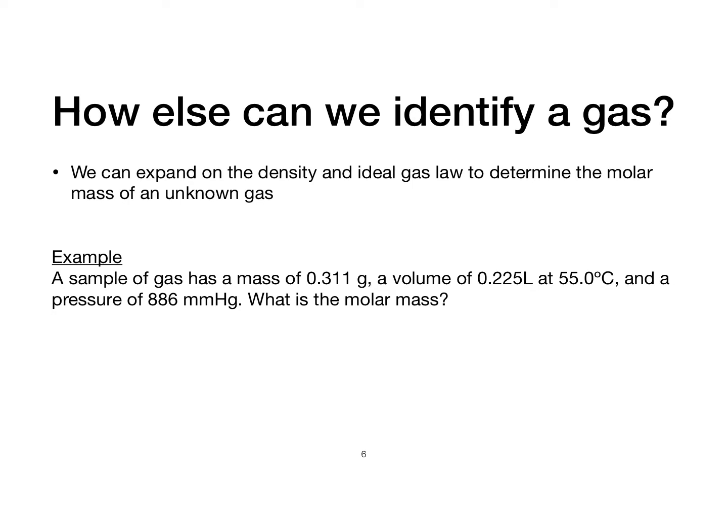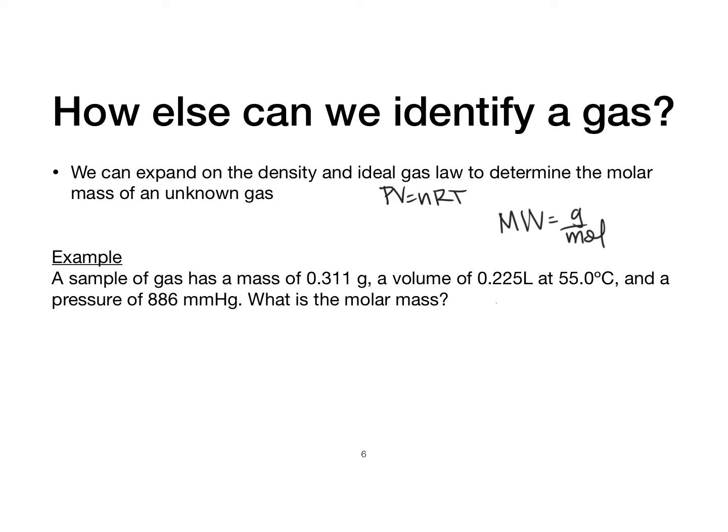So we can start to think about determining the molar mass. So in this last calculation, we solved for the script M. In this case, we're not going to have the density. We're going to use PV equals nRT and try to come up with the molecular weight, which is essentially grams per mole. And so in this example, a sample of a gas has a mass of 0.311 grams, a volume